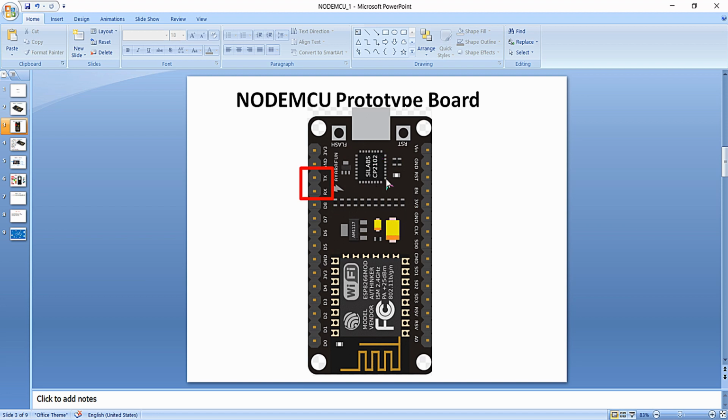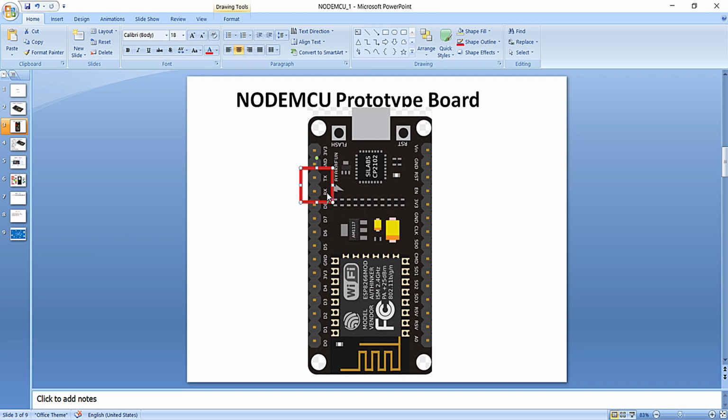So this CP2102 is connected to the USB port of the PC, and the other end of this CP2102 is connected to the UART of this Wi-Fi chip. The UART of the Wi-Fi chip is useful for loading the program, and the same UART serial communication lines are separately taken out and given right here as RX and TX.